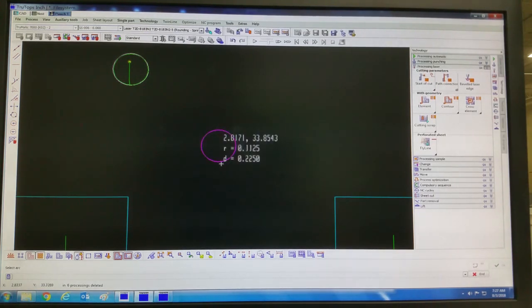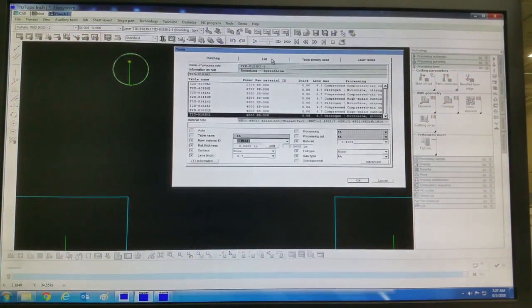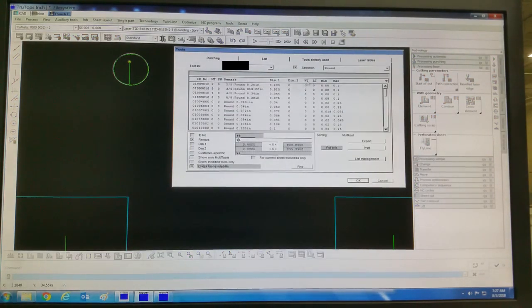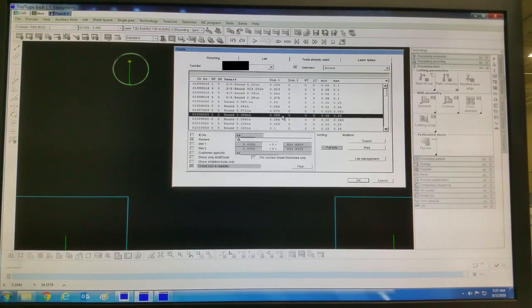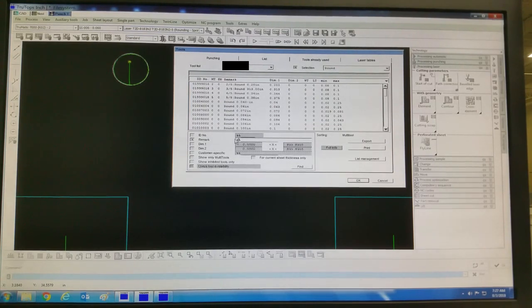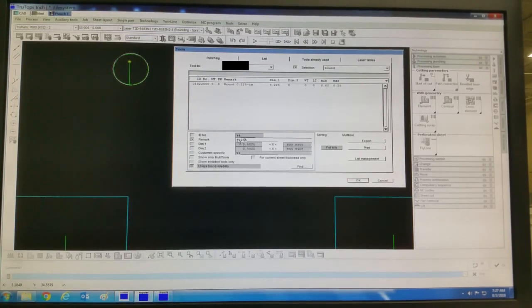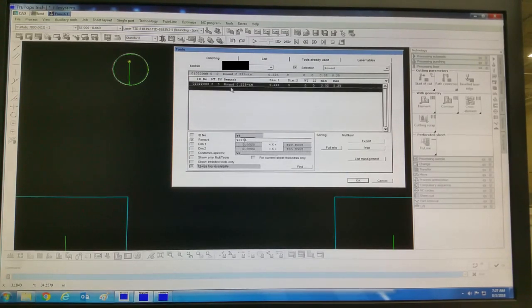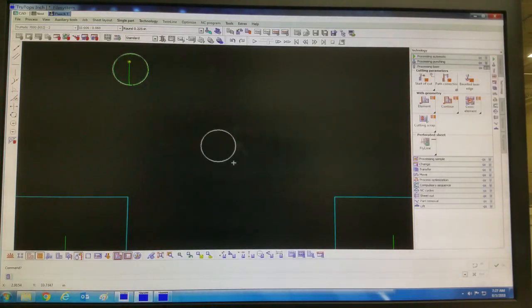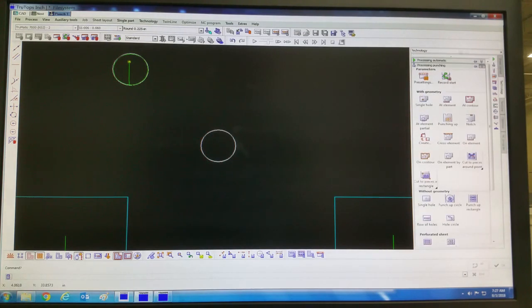Now I want to change back from laser to punch. You can measure how big the hole is, so it's 225. You choose the tool. If your list is really big, you can filter it. See the remark. So I go 225, and the tool is right here. So highlight it, hit OK, and now back to the punching, and here with geometry, single hole, and now